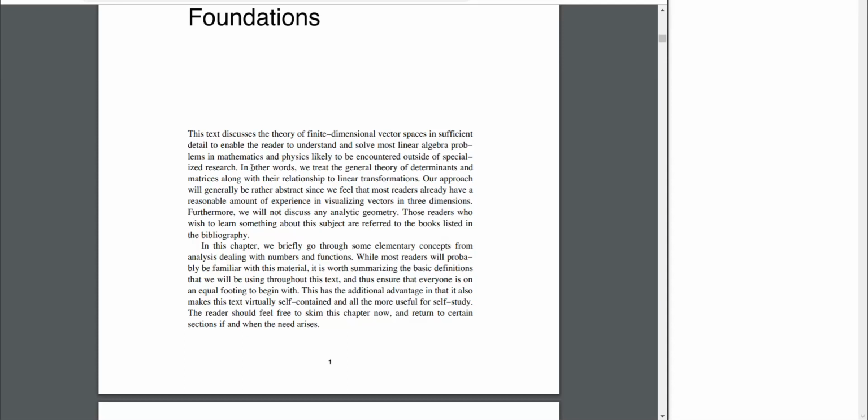In other words, the general theory of determinants and matrices along with their relationship to linear transformations. It may be rather abstract since we may already have some experience in visualizing vectors in 3 dimensions. Further, we will discuss